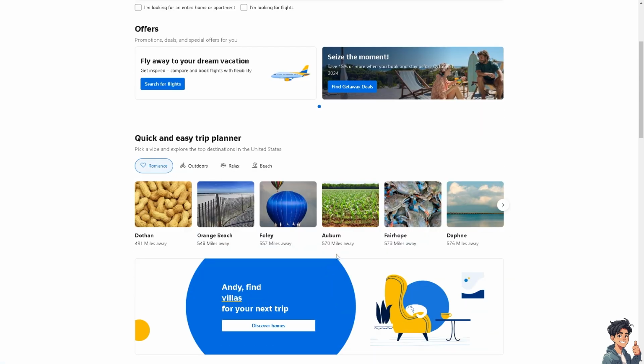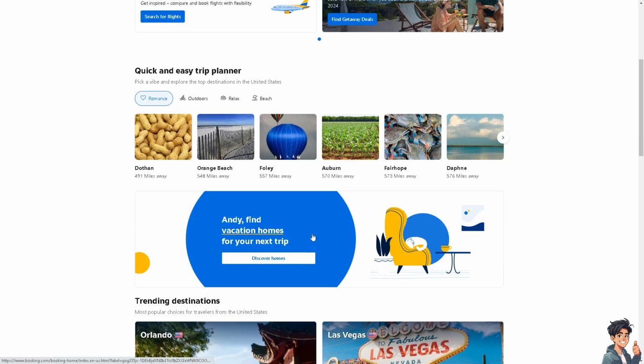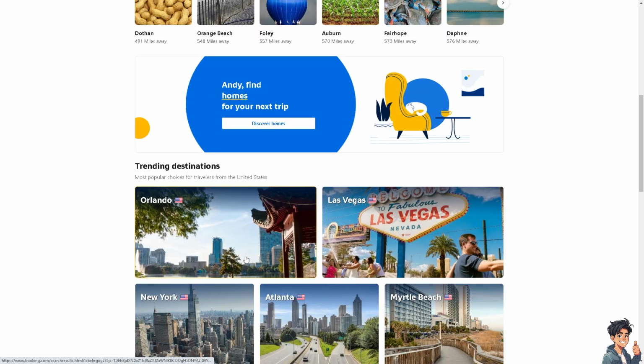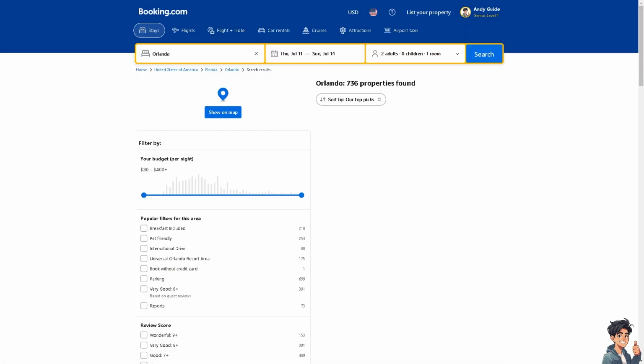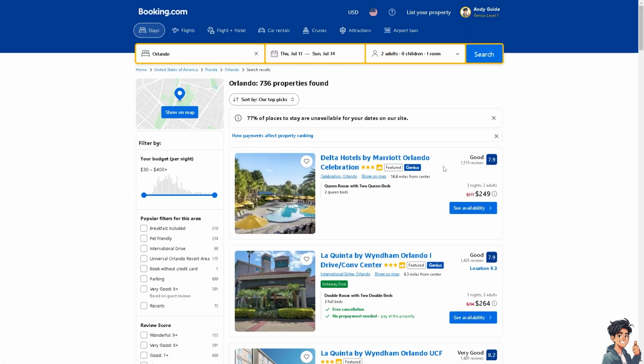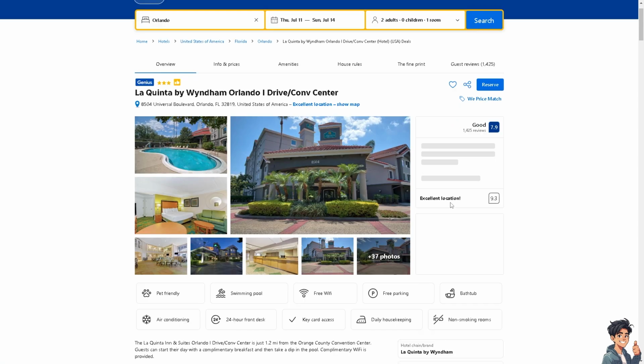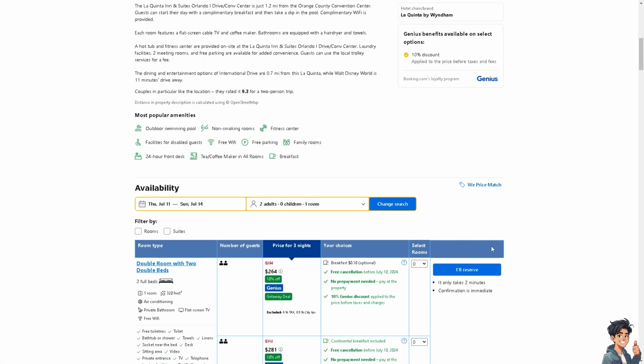Just go to booking.com, or on your mobile device, open the booking.com mobile app, and then from here, you just have to access your bookings. If you haven't already, for example, we're heading to Orlando. And you wanted to check this one. Now here, all I'm gonna do is go to the